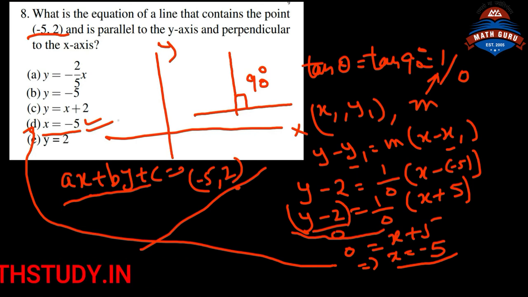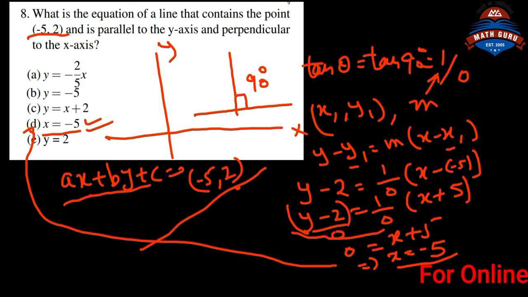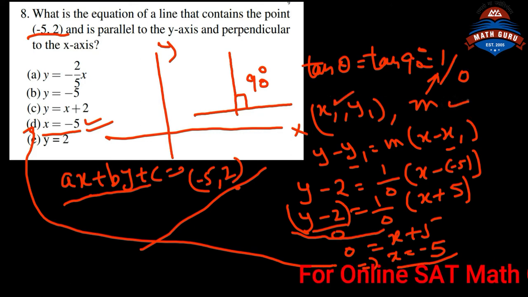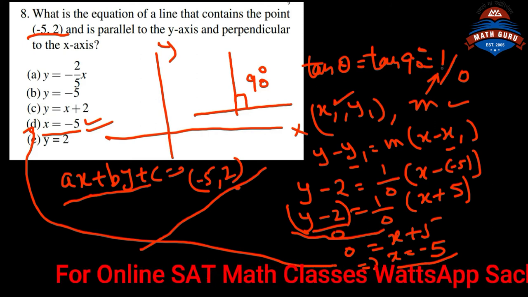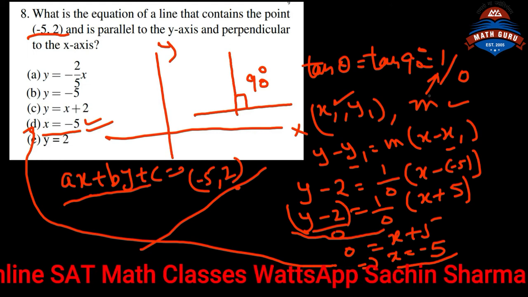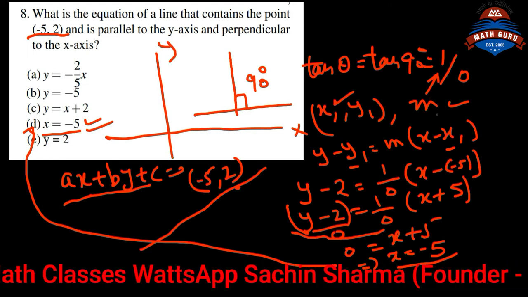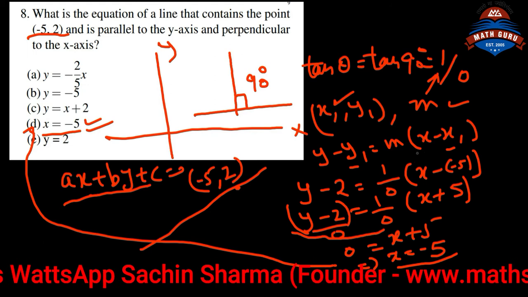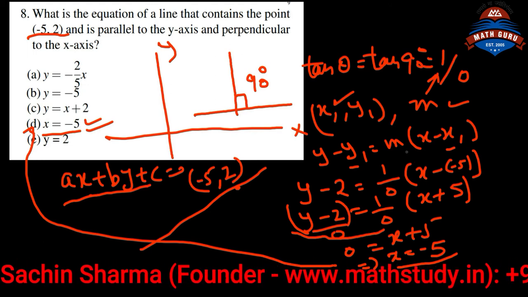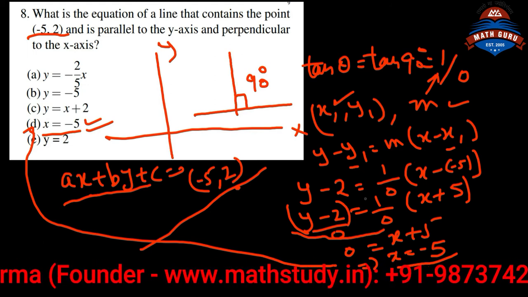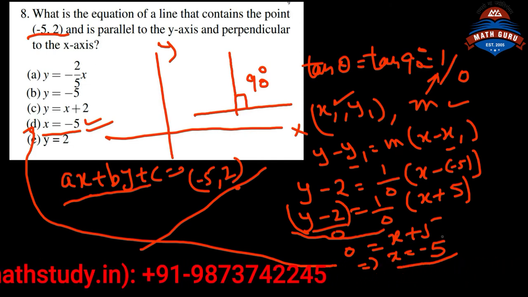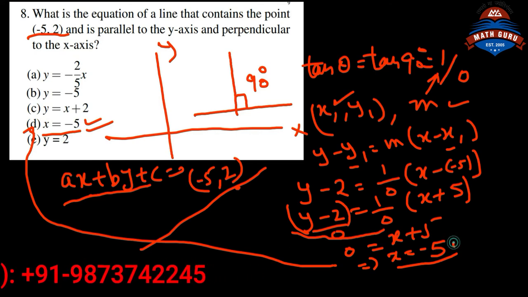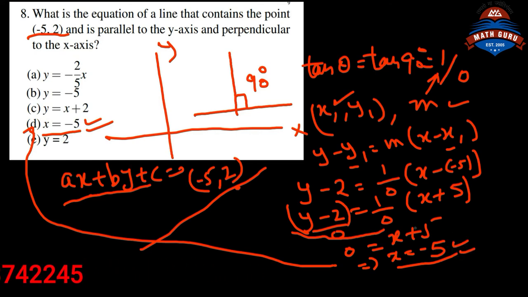Okay students, so let's take a quick look at this particular question. Here we have one point given and slope is m, which is 1 by 0 here, as the line is perpendicular to the y-axis. Any line which is passing through a point with slope m is of this form: y minus y1 is equal to m into x minus x1. So by putting the values of x1 and y1 here and slope m equal to 1 by 0, we will get x plus 5 equal to 0, which is x equal to minus 5 here, right? So that was our question number 8.